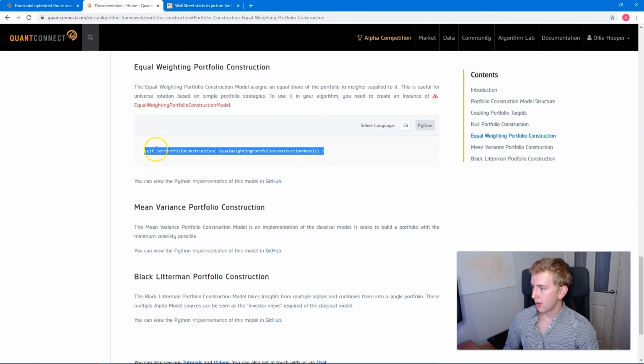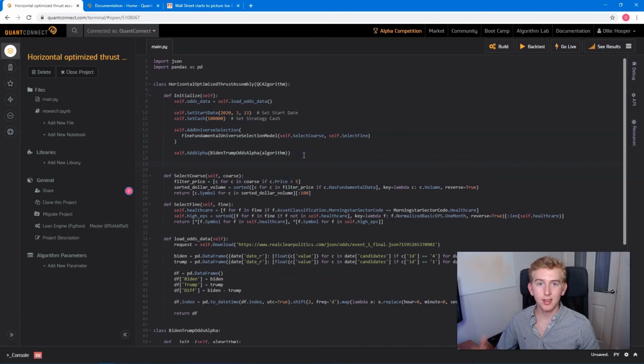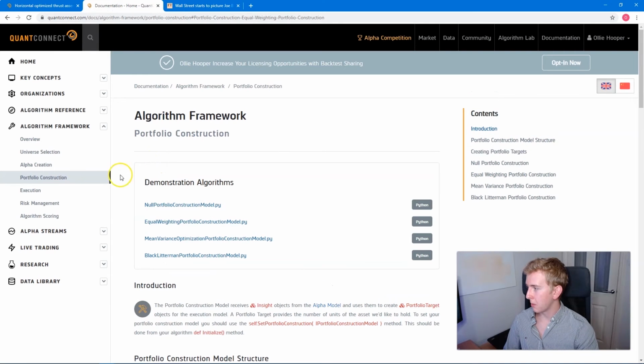this. So what this should hopefully do is create an equal weighting long of healthcare stocks and short high earnings per share stocks, or all the other way around. So we're actually going to be market neutral on this strategy. This was the reason that I decided to make the high earnings per share stocks the same length as the high healthcare stocks. Okay, so we've set our portfolio construction, and now let's move on to the next thing,